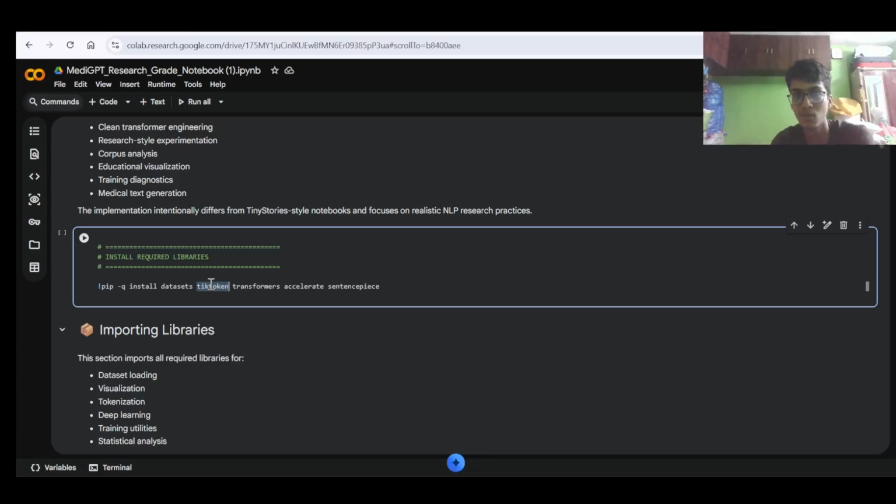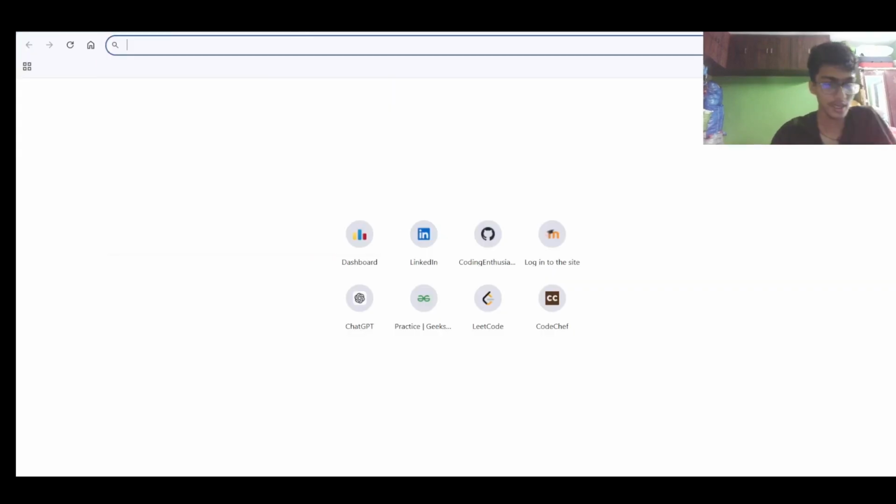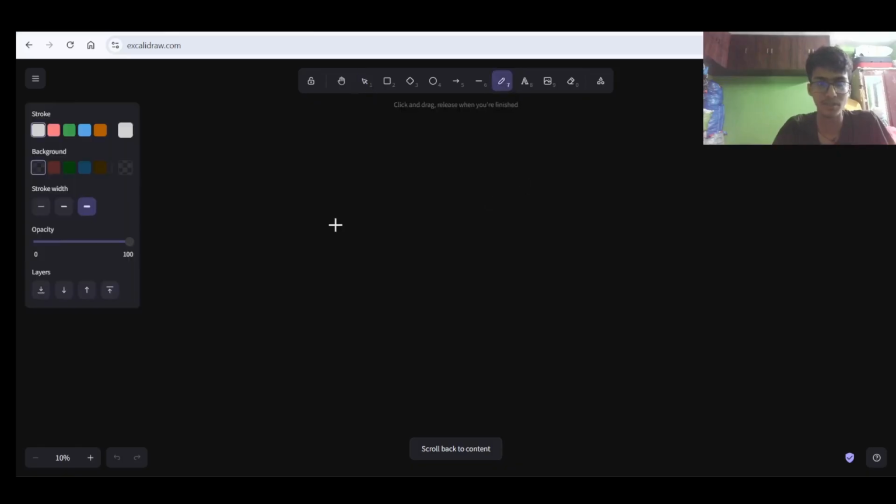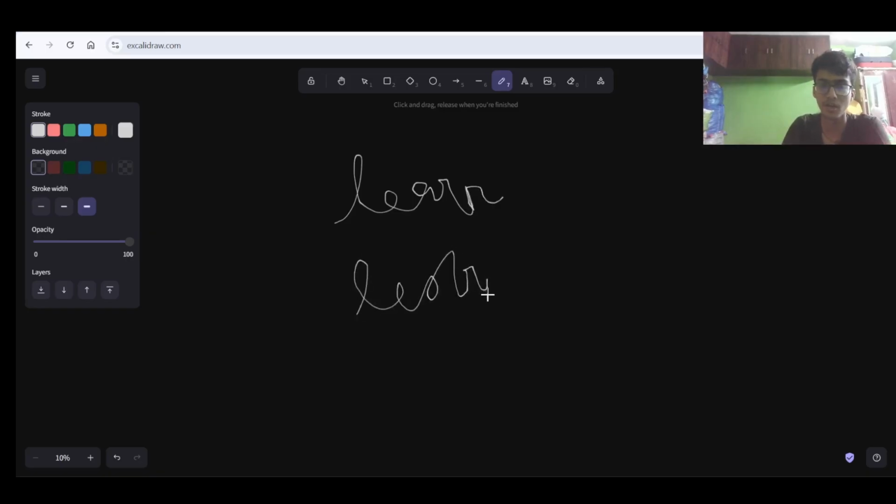We can do tokenization through word-based tokenization, character-based tokenization, and subword-based tokenization. Now, word-based tokenization means breaking the sentences based upon the words. Now the problem with this is, I will just show you that. Suppose you have something called learn. Some people might use learn here, some people might use learning, some people might use learning here,